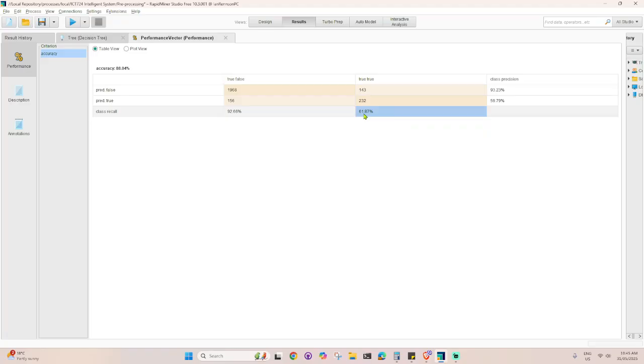the model identifies almost half of the time, just slightly above 50%, all the true high risk individuals.